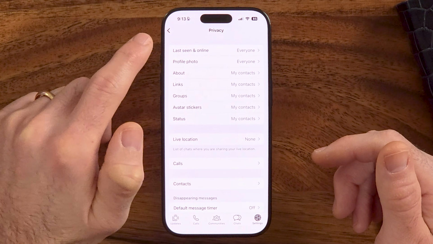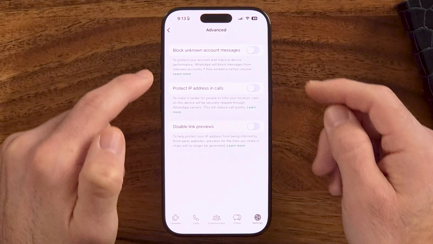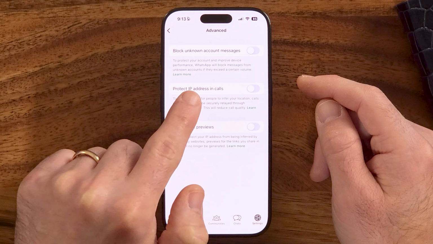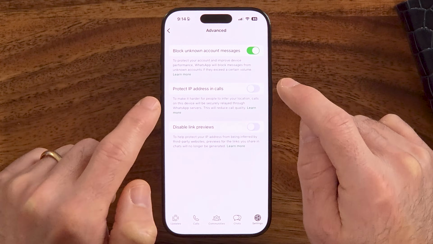And now the next thing that we will do is go back, and at the very bottom, you can see advanced and block unknown account messages. It says to protect your account and improve device performance, WhatsApp will block messages from unknown accounts. Now you've gone through these two steps, but there is a third and great option to prevent those random unknown